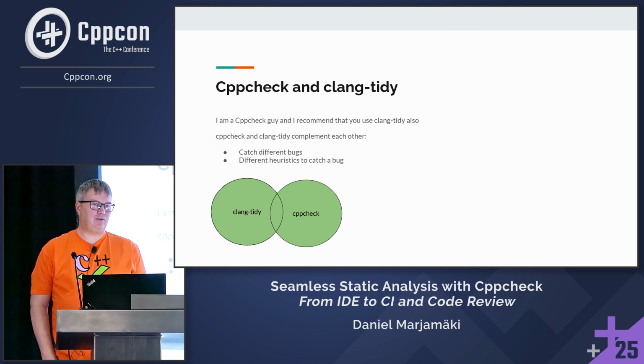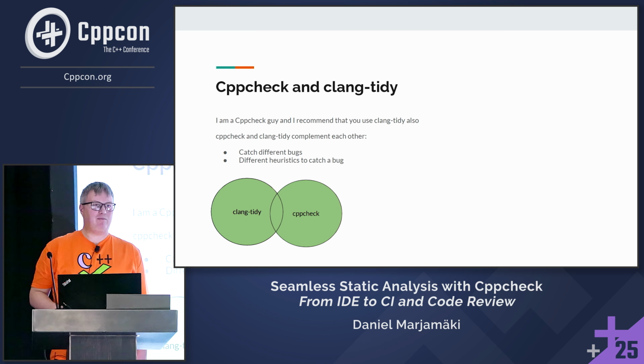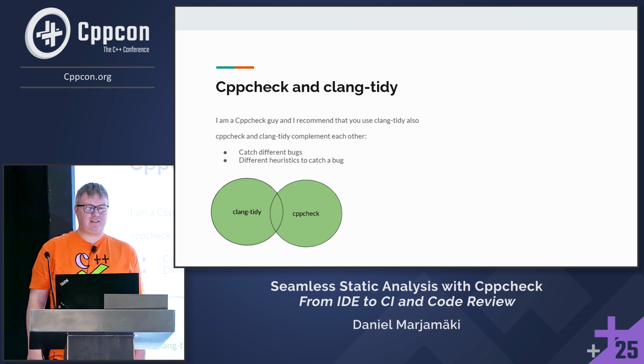Like 10 years ago, I made an investigation where I used Clang and checked test cases in cppcheck that have buffer overflows. And Clang only found about 50% of the buffer overflows. And then I did the opposite. I ran cppcheck on the Clang test cases that have buffer overflows. And cppcheck only found 50% of the buffer overflows. So there is overlap, but there is considerable reason to run both tools.